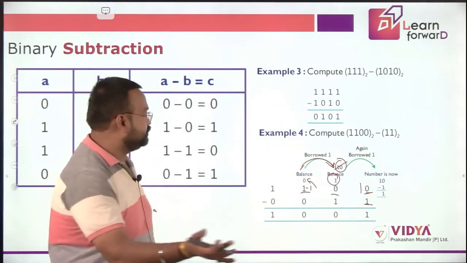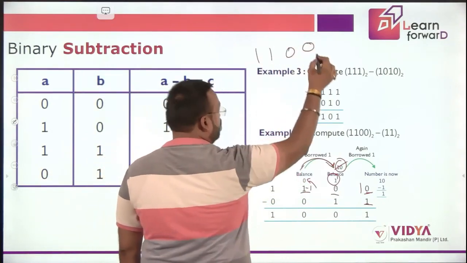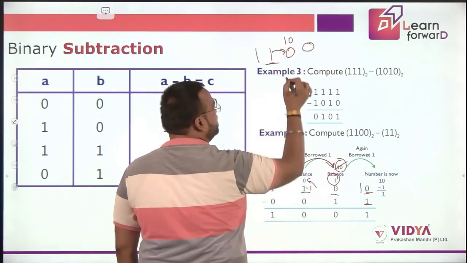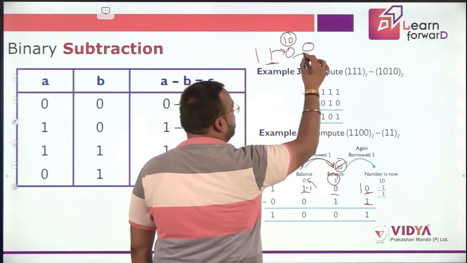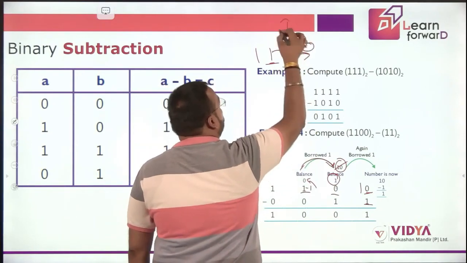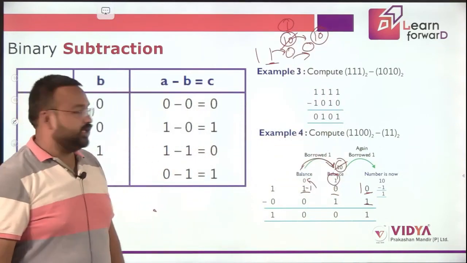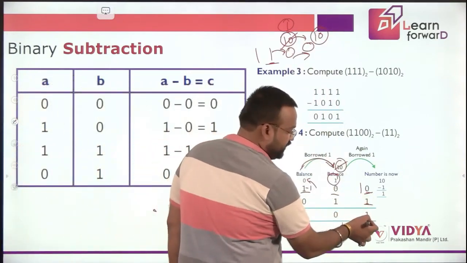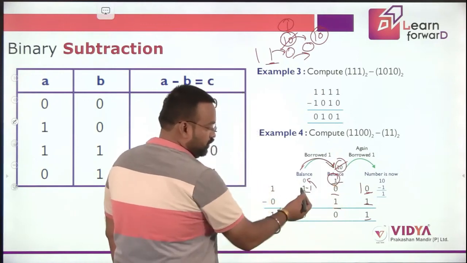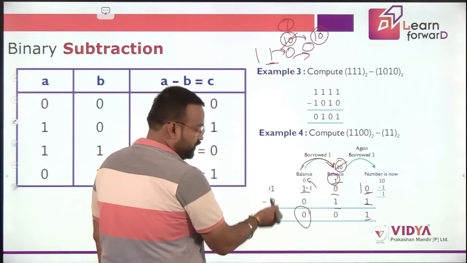It is simple borrowing. So it would be like, we have this 1100. So when we take 1 borrow from here, over here it will become 10. Now when we borrow from here for this place, this 10 would become 1 over here, and over here it would become 10. Clear? So now let's minus: 10 minus 1, that is 1. Now we have balance 1. So 1 minus 1 is 0. Over here we have balance 0. 0 minus 0, 0. Over here we have balance 1. So 1 minus 0 is 1.